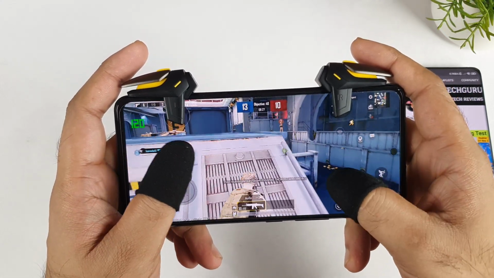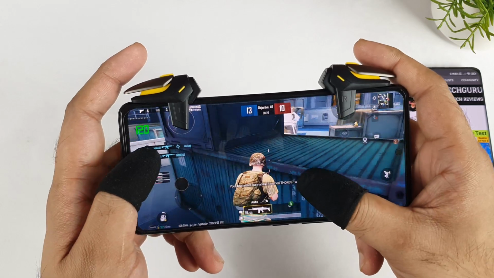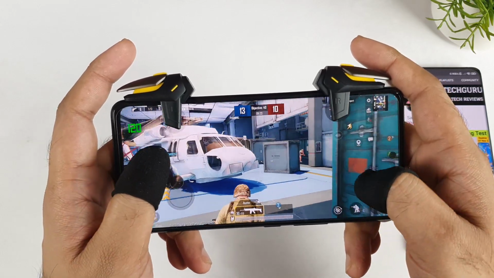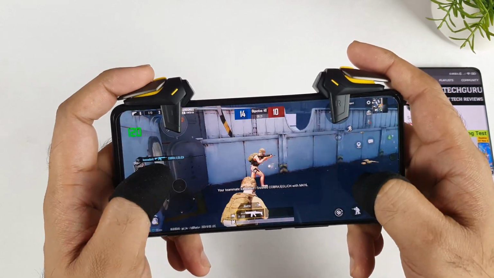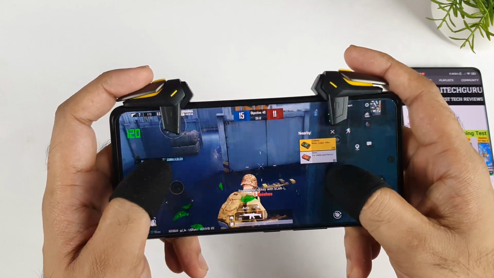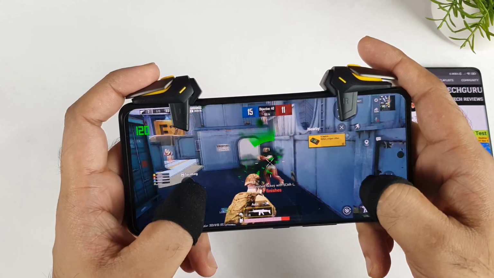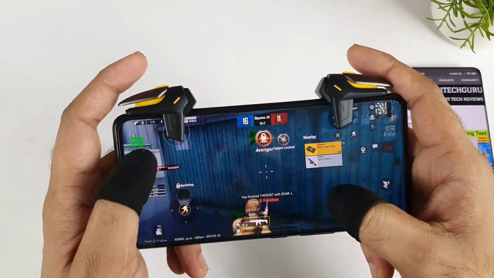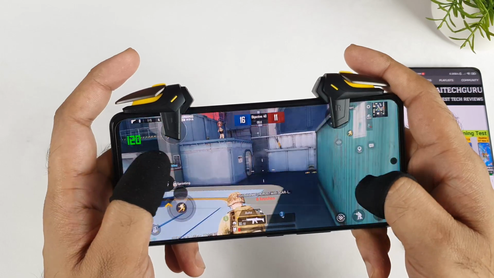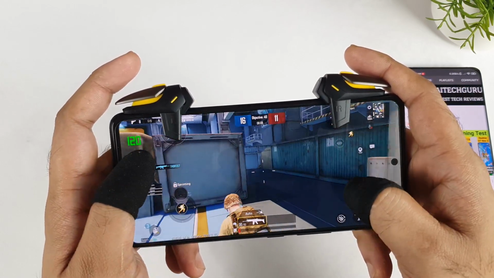In this video, I'm going to show you how you can actually play the 90 FPS gameplay test Battlegrounds Mobile game on the iQOO 7 device. Yes, friends, this is a question requested by a few of my subscribers, asking me to make a video on this particular topic. In this video, I'm going to demonstrate exactly how you can play 90 FPS on the iQOO 7 device without any kind of problem, which works perfectly fine. That's what I'm going to demonstrate for all the viewers.